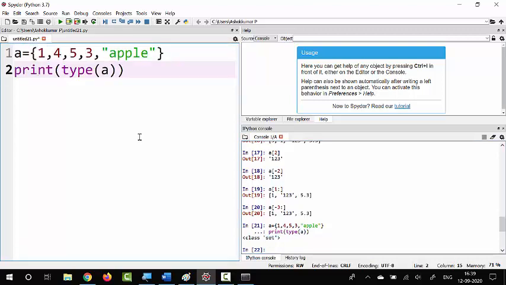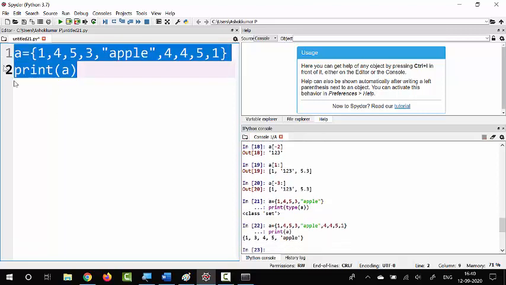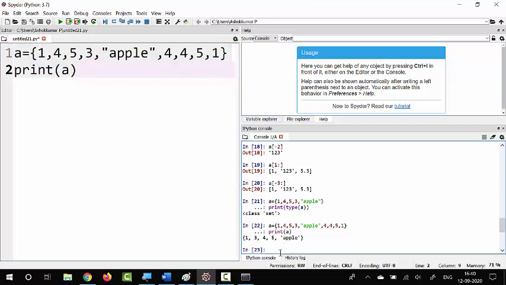I told you in a set duplicate elements are not allowed. So each element should occur only once. So what happens when I try to add some elements like this? I am duplicating some elements, and now let me print the contents of A and check whether this duplication exists in the set. You can see that all the duplicates are removed automatically. This is because in a set you should not duplicate any element. If you try to duplicate, that duplication will not be included in the set. So this is the property of a set.